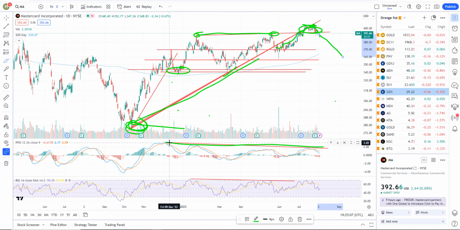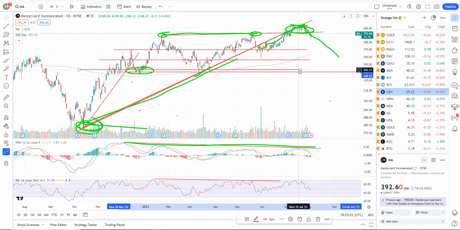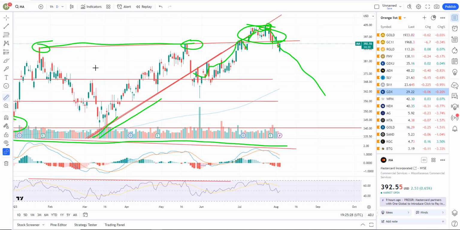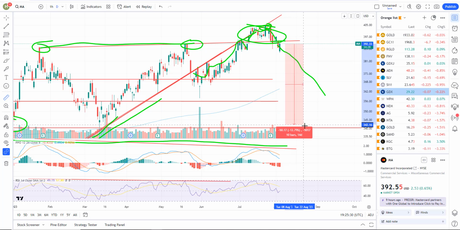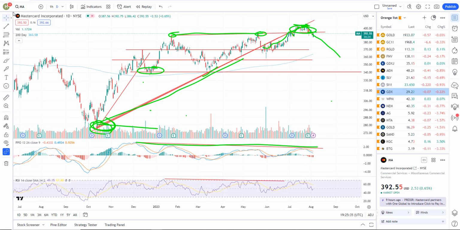This chart is also accompanied by big negative divergence, telling me that's the very likely outcome. No guarantees, of course, so we have to manage our risk, but the likely outcome is that we're going to trade lower. And I think if MasterCard does start to actually trend lower, this is a pretty solid target for me, which is right down here, about 341.08. That would be a drop from where we're at now of about another 13% or so. So we'll keep an eye on that.